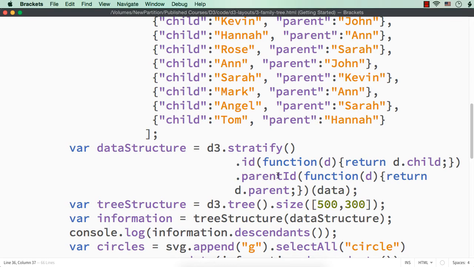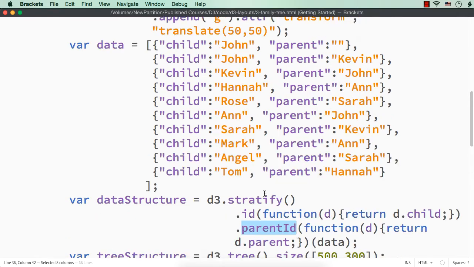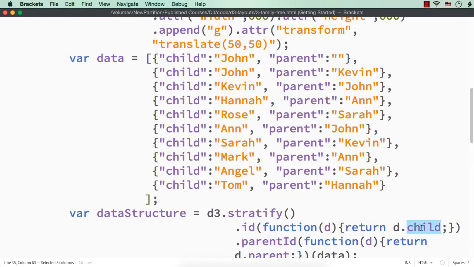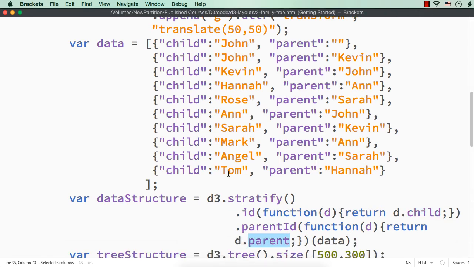We are specifying parent ID to be return d.parent, that is a name. So it is not unique. This expects the values to be unique. That is, ID and parent ID should actually be unique. But we have just specified d.child and d.parent as the values, assuming that the values are different.